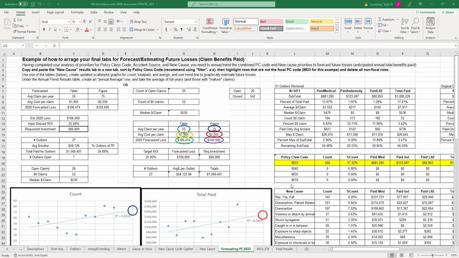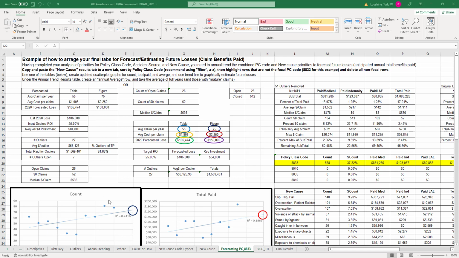We're going to be doing the Update 4, this is spring 2022. And I have on the screen here the assistance document, and this is the tab forecasting. So we're going to be forecasting now. We're going to be forecasting the priorities that are identified in last week's work. And what I have here on the screen is two different tables we're going to be completing after